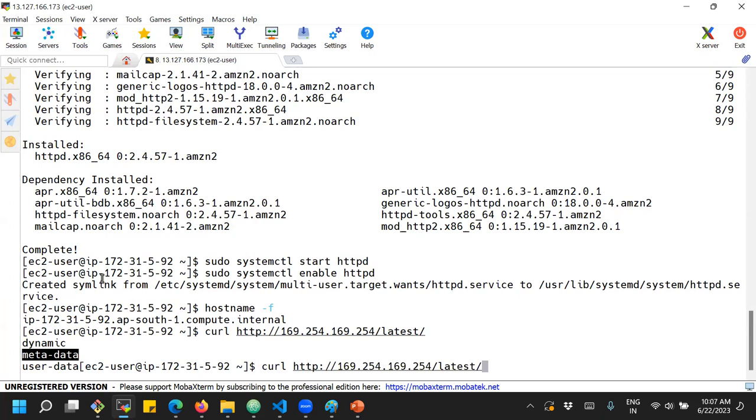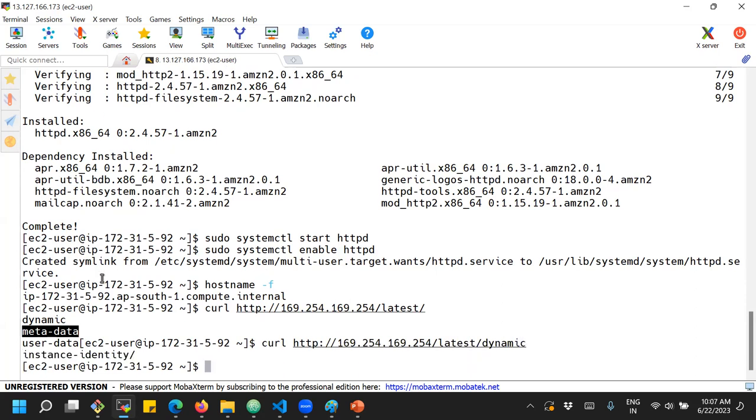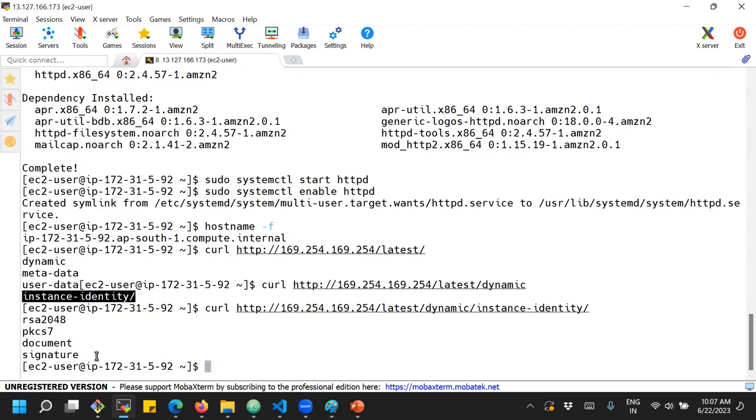If you go into each folder, like dynamic, you see some more options: instance identity. In this instance identity, we have the document, RSA information, signature information, and some other details. So dynamic contains some security-related information. But if I go to the metadata folder,